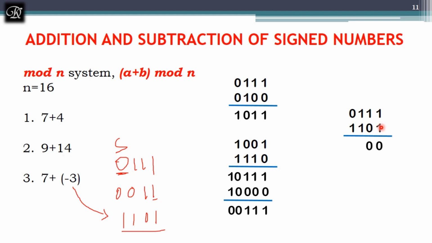And in a computer, we will not perform subtraction, we will not perform multiplication, we will not perform division. Everything will be performed with the help of addition operations and shift operations. You need not worry about how to perform this. Everything will be performed with the help of only addition.